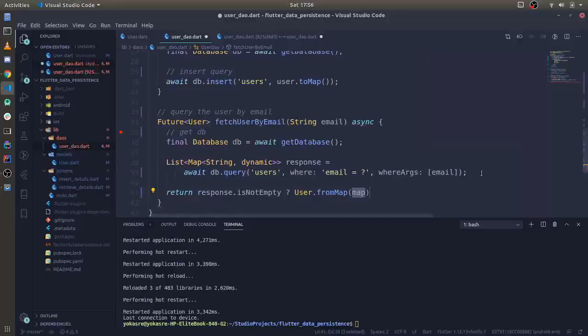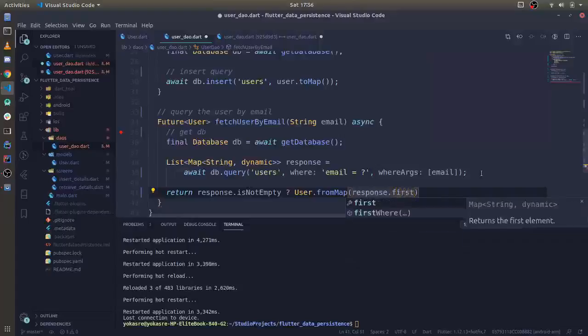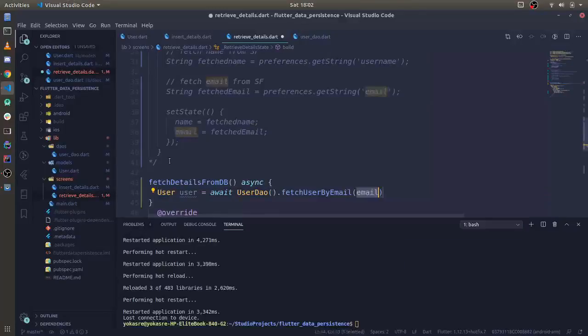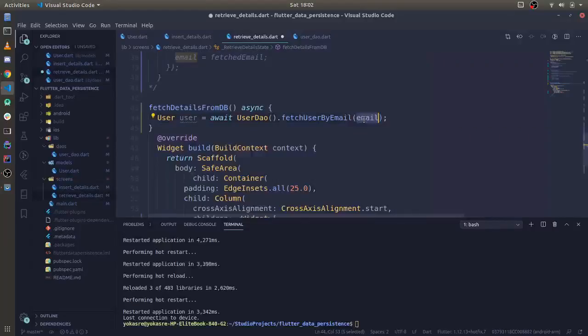So here we need to pass the map, which is the response that we have received, get the first result, as fetch user by email. Here I'm just going to hard code the email here, so I just put in my email